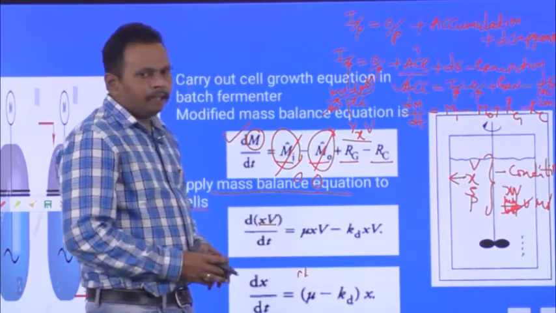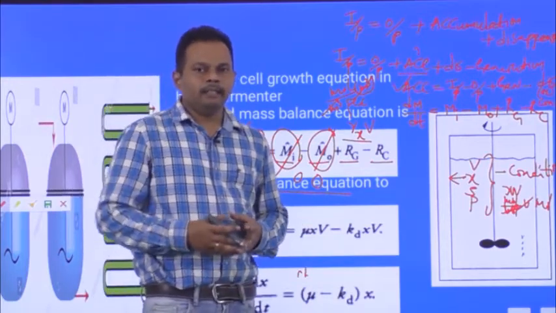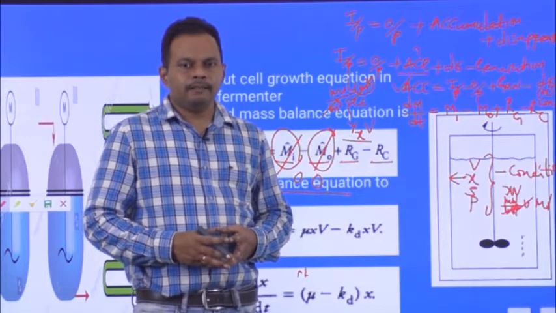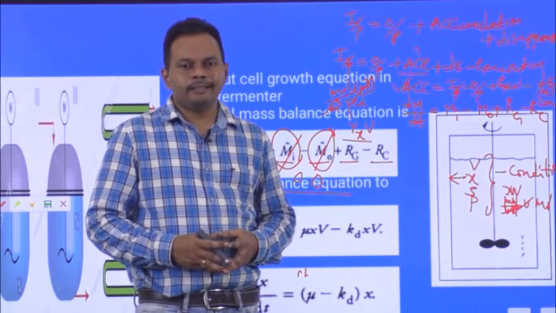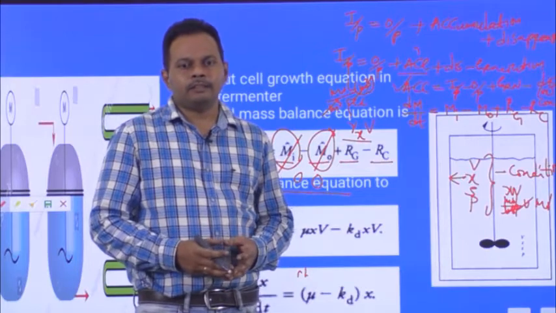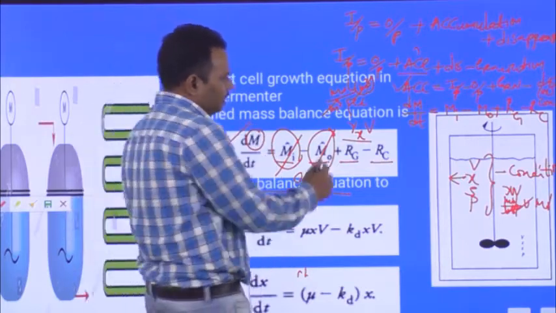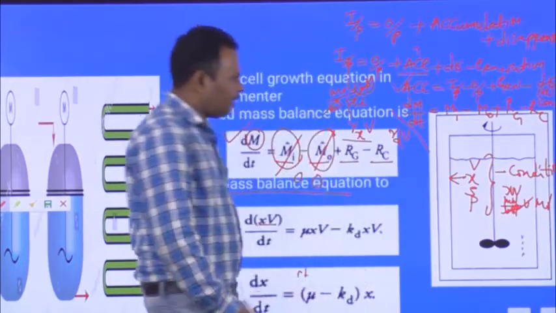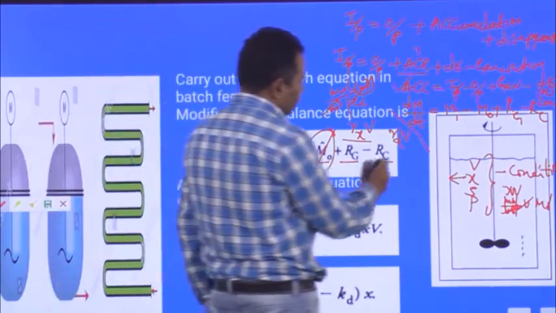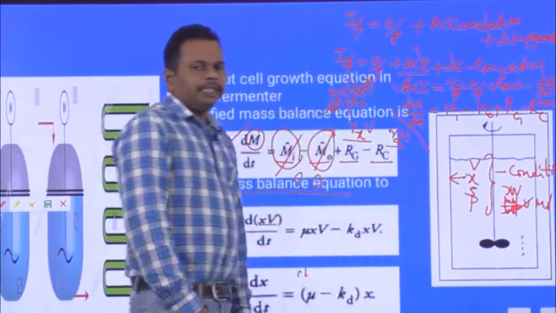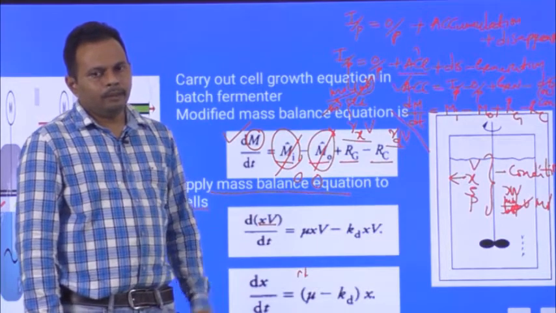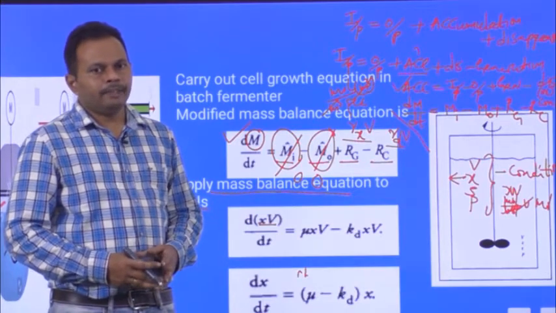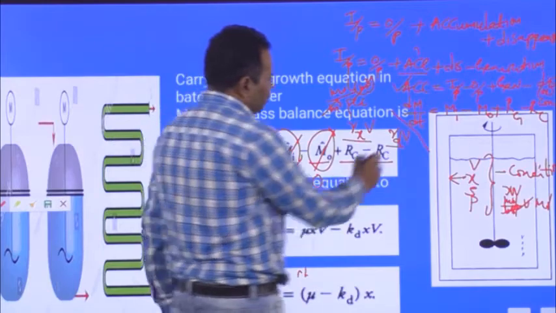Again, during the biological reaction, some cells may die because of unfavorable environmental conditions, because of the formation of toxic compounds, or due to the excess of nutrient media as reaction time proceeds. This can be written as the rate of consumption, Rd into V. Rd is the rate of disappearance, or rate of cell death, into V. Why V? Rate of reaction units are moles per meter cube per second. If you want that term in moles per second, we need to multiply with the volume of the reaction mixture or fermentation broth. So that becomes Rd into V.